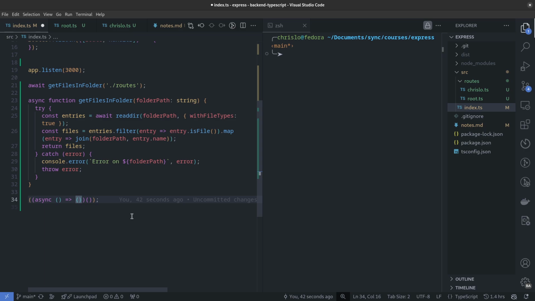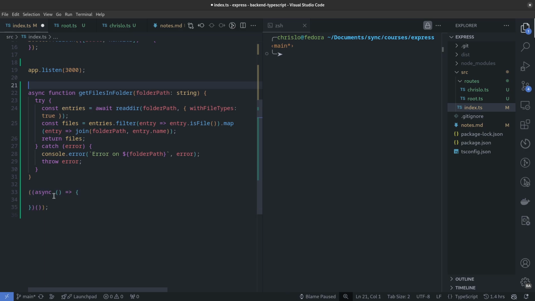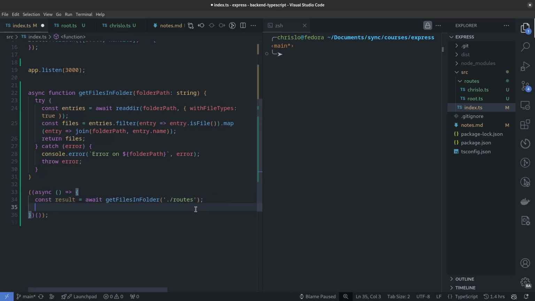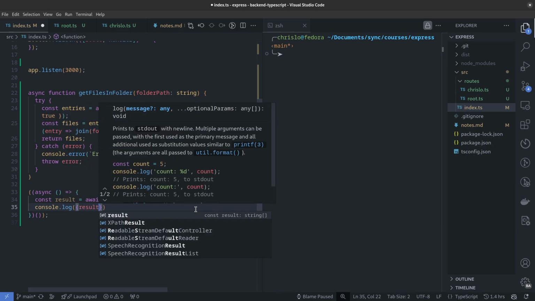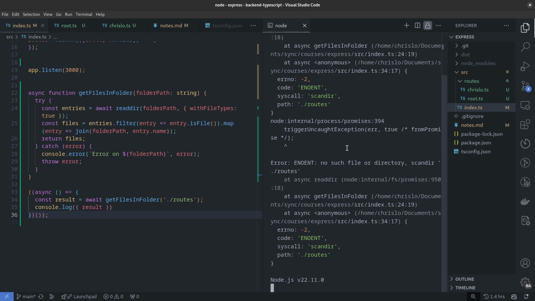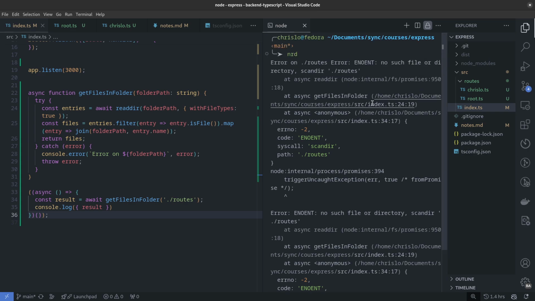It's just like JavaScript. So in this context, we're going to use await getFilesInFolder and take the result. Result is equal to this one, and use console.log result. Let's execute the program and see what happened. Okay, we have the error: no such file or directory in roads,